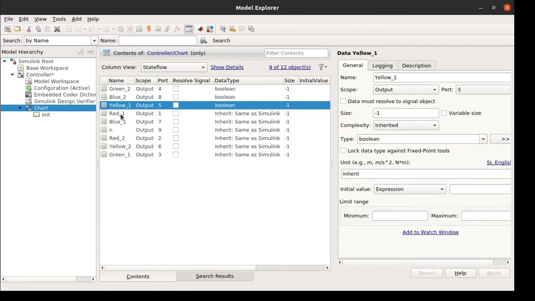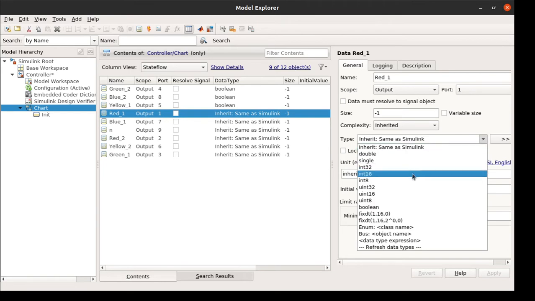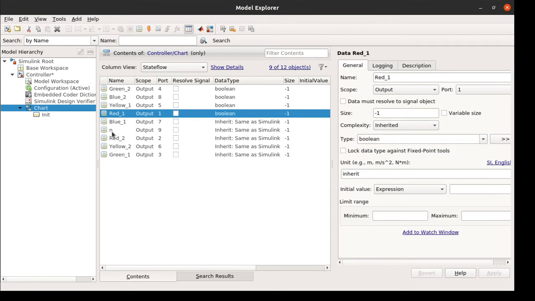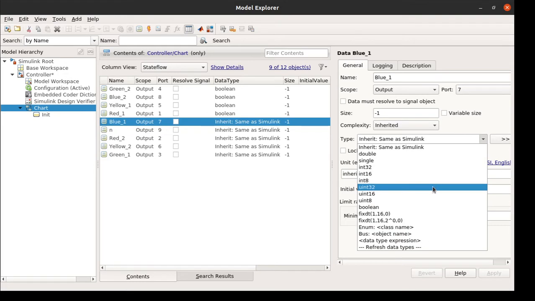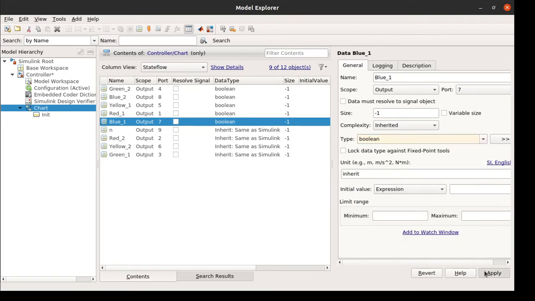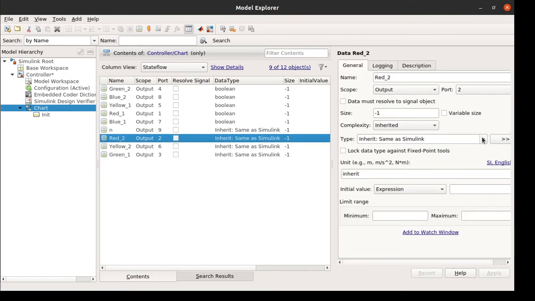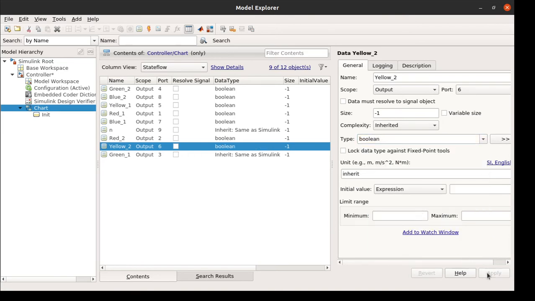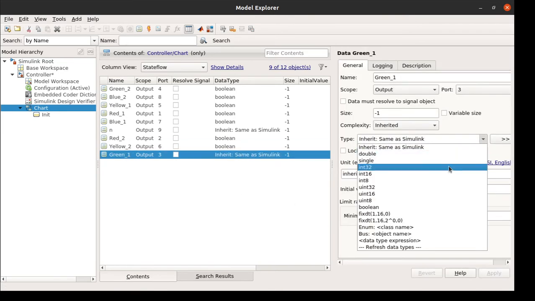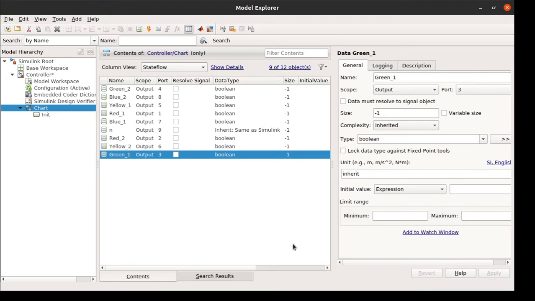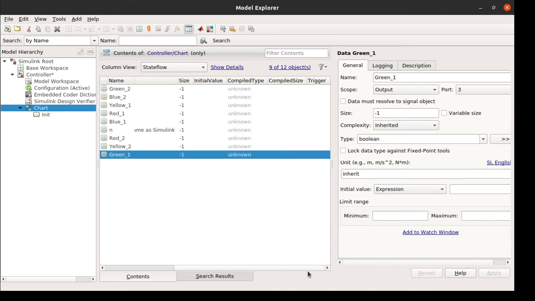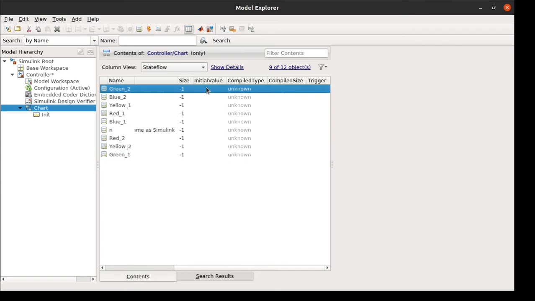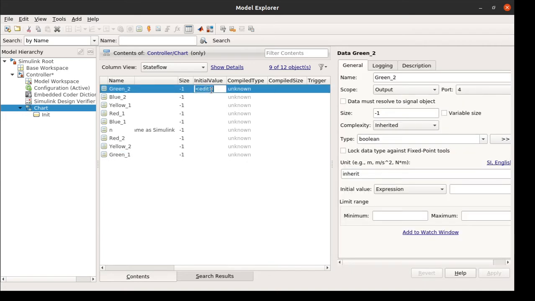Otherwise you can click apply here, so it won't pop up that message for us. Let's do it for all the signals except n. Now we have assigned the value for it. But for the initial conditions, we need to have some initial value. So for each thing, I want to assign it false.